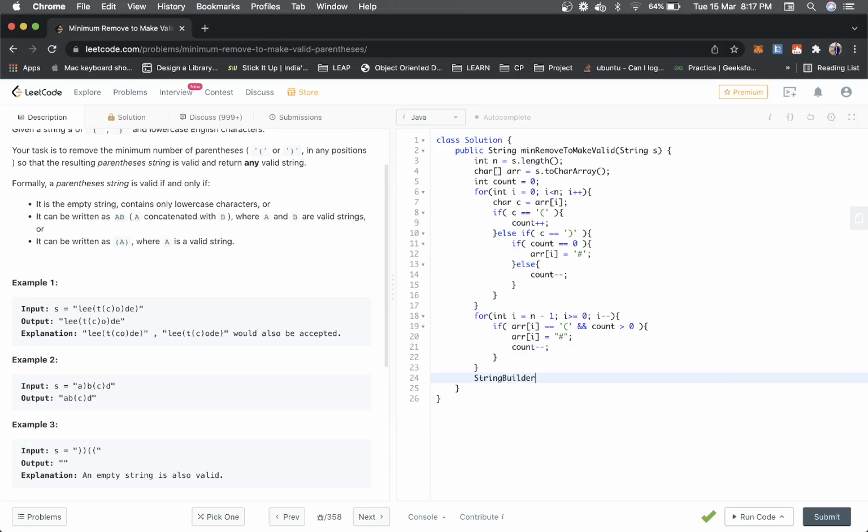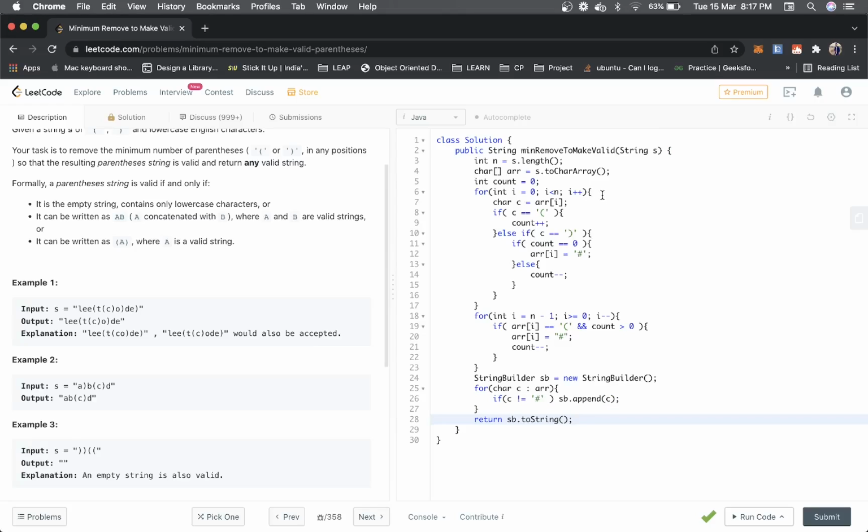I am using a string builder, and again traverse the string. If c is not equal to the special character, we sb dot append c, and we return sb dot to string.